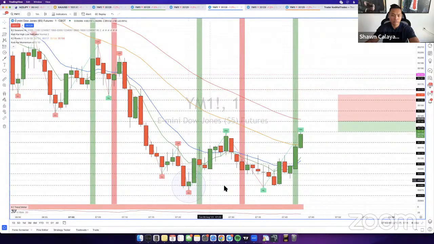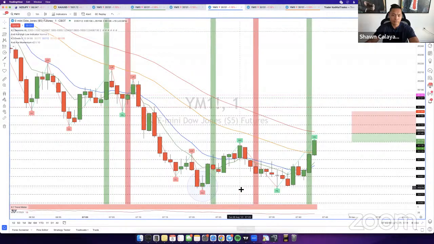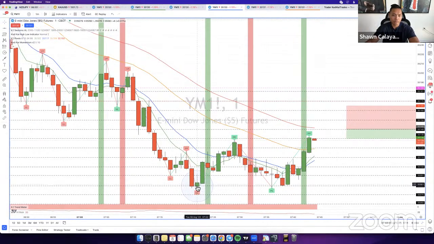Like, there's no way, unless retail sentiment was like 80% short. If this was like 90% short and I knew price was going to bounce in that situation, then yeah, I would take it. But retail sentiment over here was like 70% or something like that. So if you're using my analysis, there's no reason for you to take a buy there at all. Maddie over here had a supply zone marked up right there.